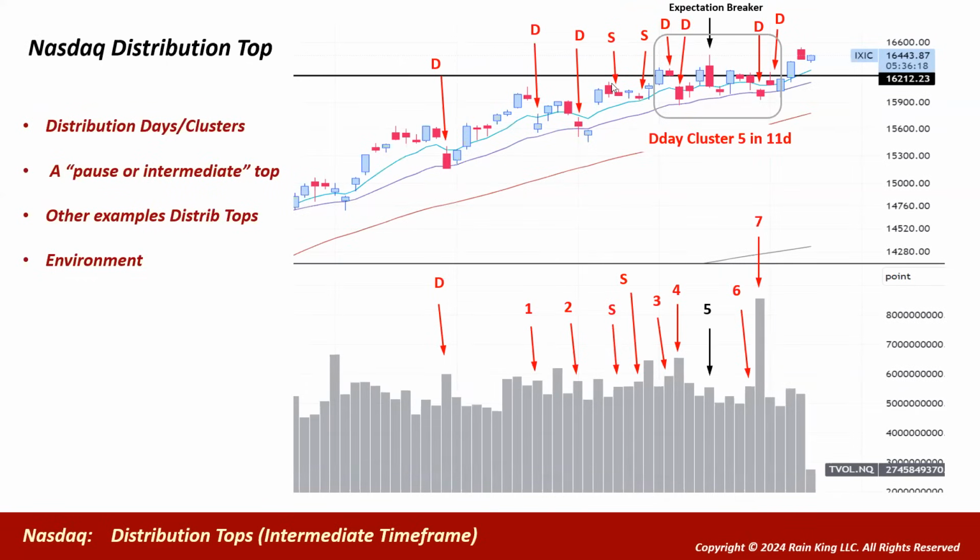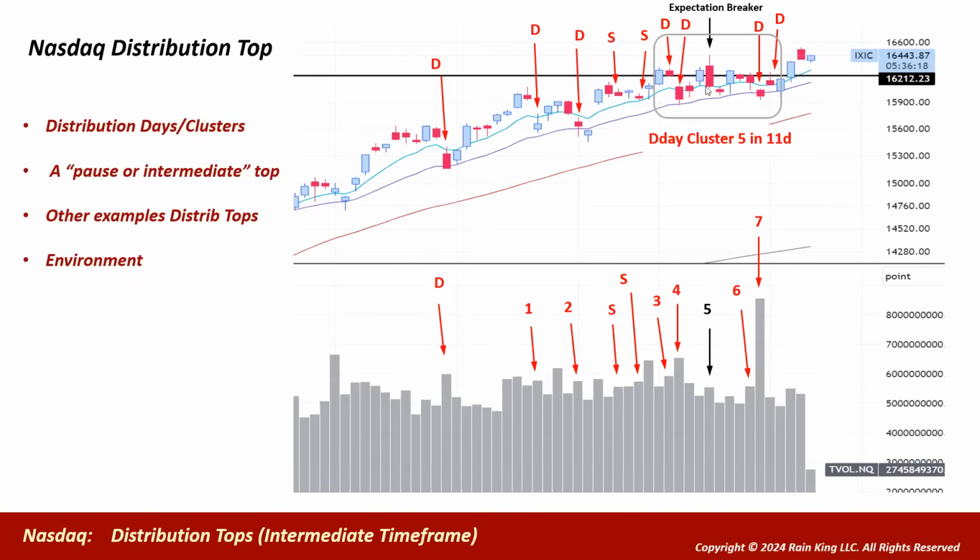And a couple of days later, we have what we call a stall day, where we made no real progress, but the volume picked up. So I've marked that as S for stalling. You can see here that the market traded tightly. Then we got another day where the volume picked up and we just couldn't move higher at all. It's another stall day, subtle in the chart, but it's a form of distribution, not outright distribution, but it's stalling. Again, you can see here that we tried to move up to new highs, got to a new high, and then we were hit with distribution. I marked that down as number 3. And then we had another distribution day. So back-to-back distribution days, which we don't like to see on increasing volume.